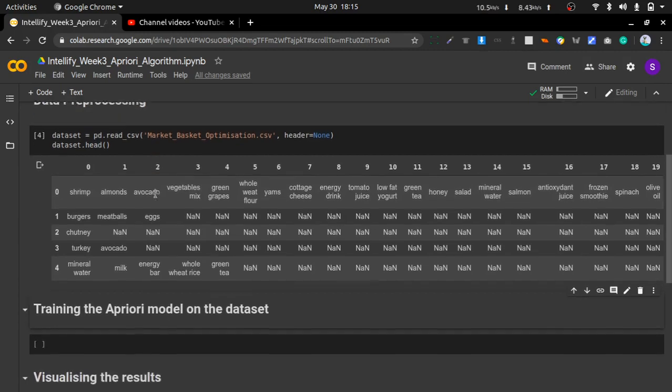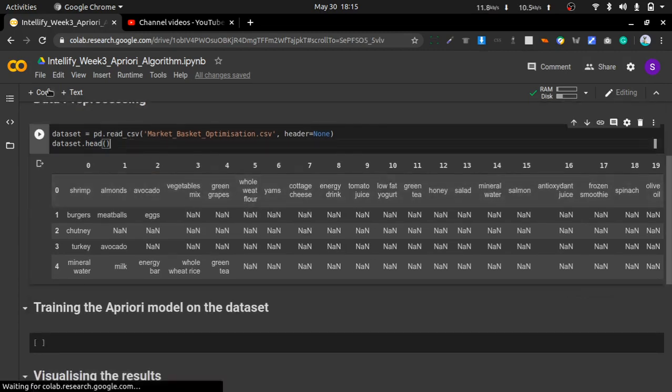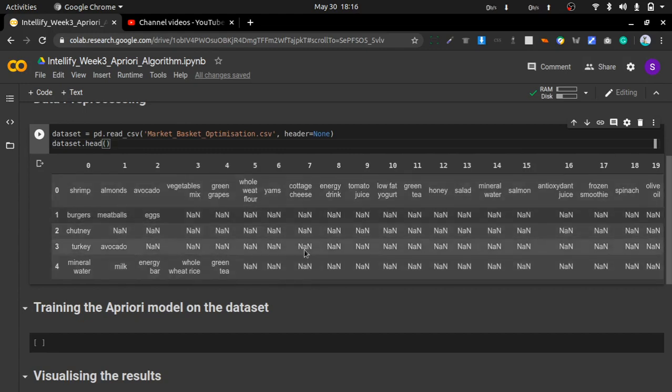In this, one thing remains: the Apriori method we are going to use doesn't need the dataset as a data frame. It needs the dataset as a multi-dimensional array, or in the form of a list. If you provide this dataset as input to the Apriori method, it will not work correctly as you want.